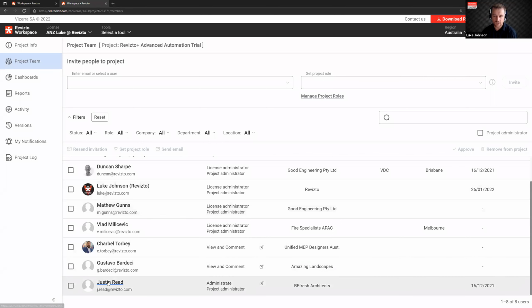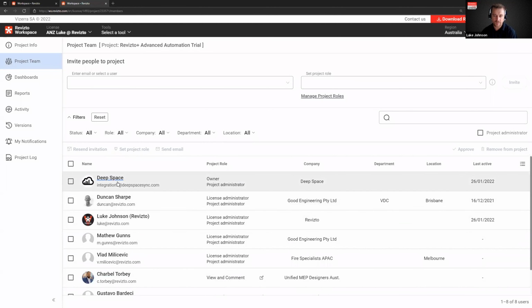So we can now see that all of the participants in that project actually have a company set. So that's going to be really useful to us for two reasons. We're going to be able to report and dashboard it out, and we're going to be able to filter the issues in the issue tracker. So if we were to go to the dashboards,